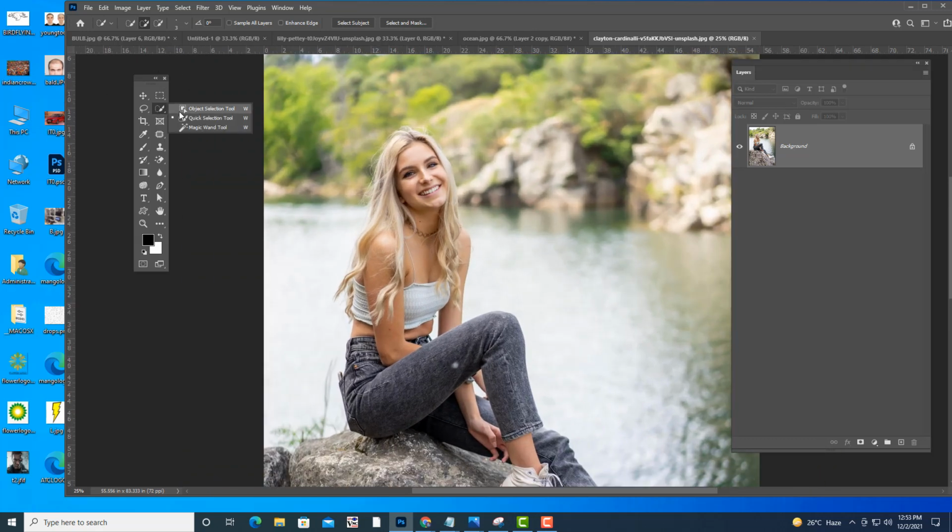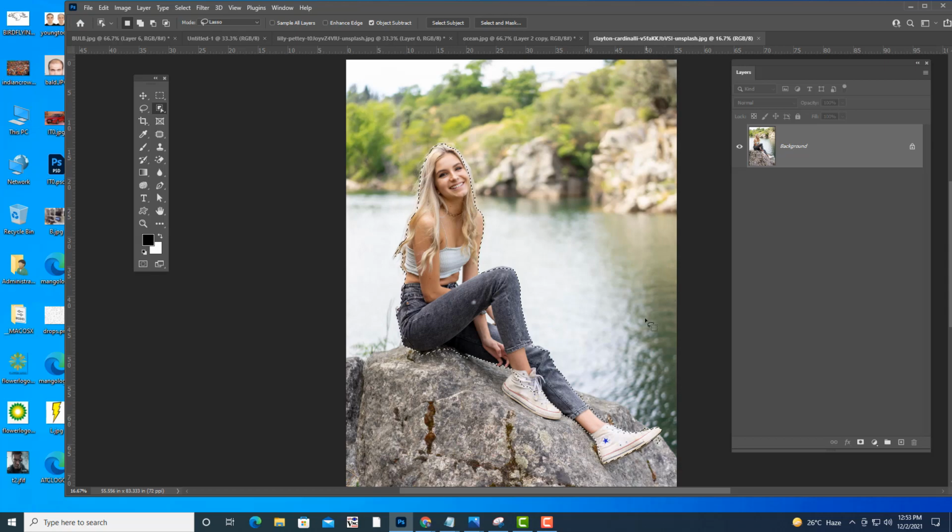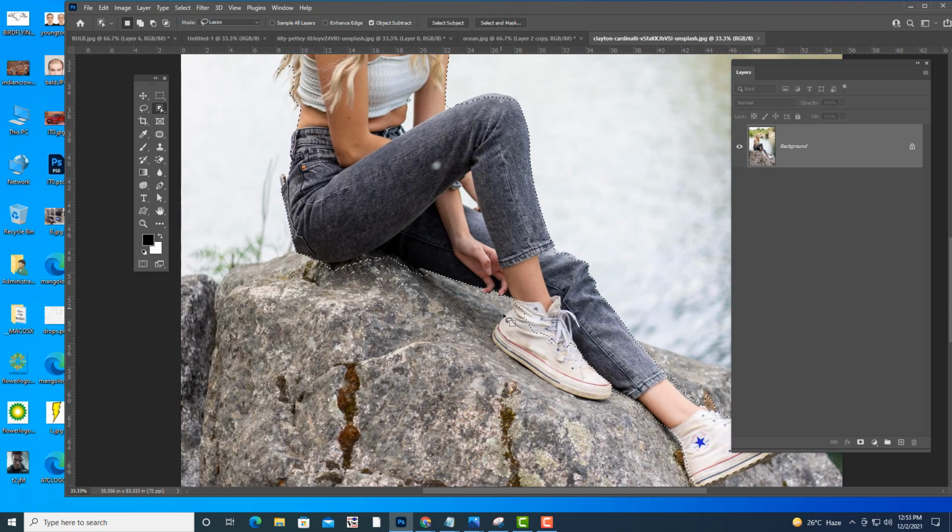Or we can do one thing. I am going to select with object selection, but instead of using select subject, I will manually draw a selection here, so that I will have more control. Everybody knows object selection now. Here we can manually select some of the areas like the shoes. So I can hold shift, and what is shift actually? Add to selection. Everybody remember that now?